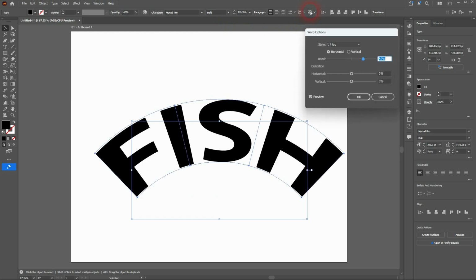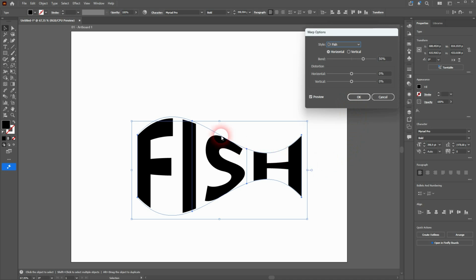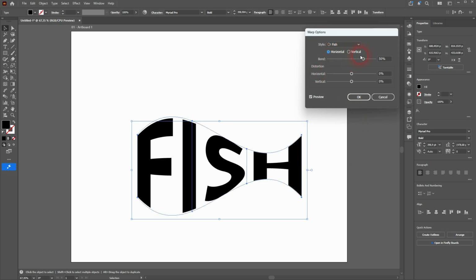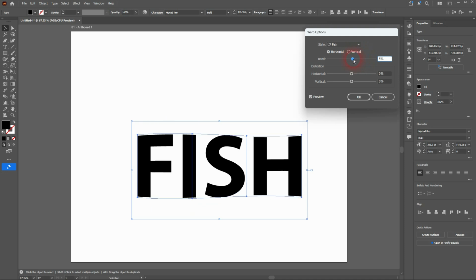Now use the envelope features right here, also called warp options. Use the drop down and there is a fish preset. Just make sure that it's set to horizontal. And if you've got the preview checked, at the bottom left of this menu, you can see the effect applied